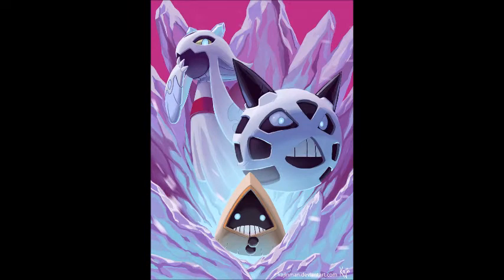At number 6, we have the Snorunt line. Snorunt is a very strange Pokemon itself, as it has two evolution lines. Sorry if I mispronounced that, but it is a small ice type Pokemon. And since it has two types of evolutions, if there's a female holding a Dawn Stone, which evolves